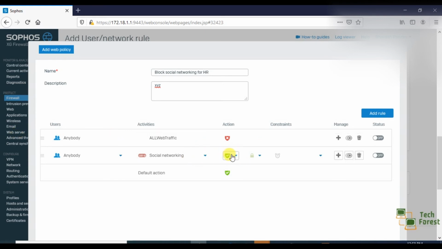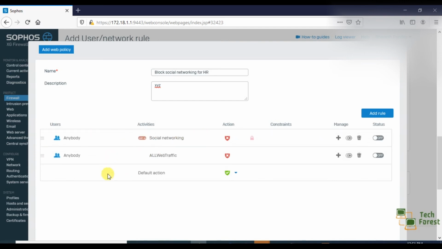So here you can see what the action is. Action is accepted. No, we want to block. We also want to block HTTPS traffic. If you remember, I told you that if we put any rule at the bottom, we can drag and put it on top. So here we can do it. It's very simple. We are just moving our cursor there and putting it on top.